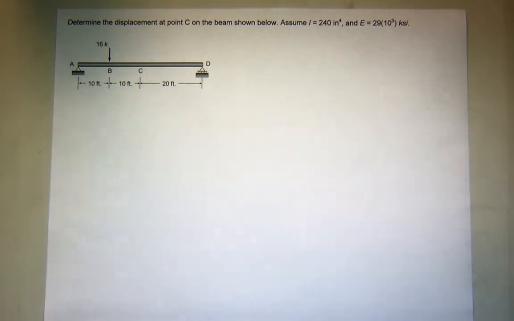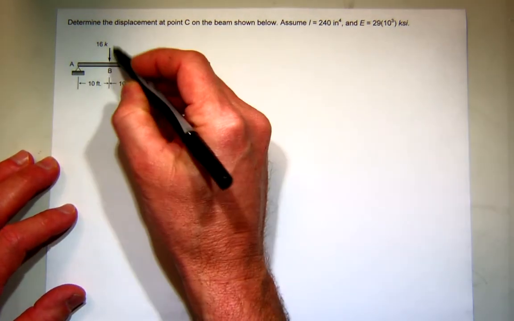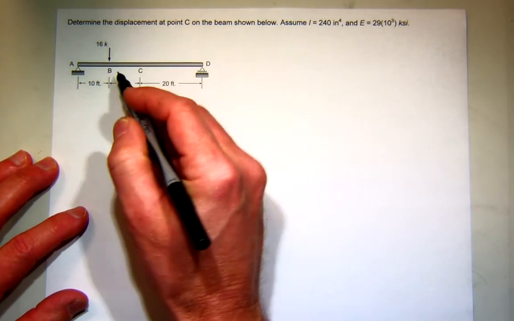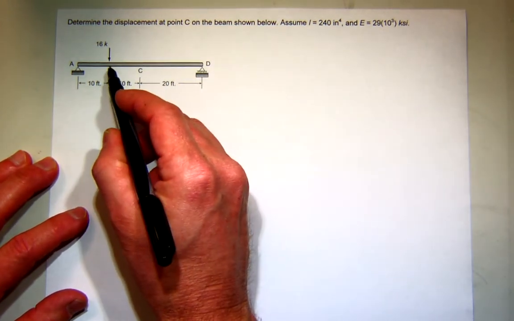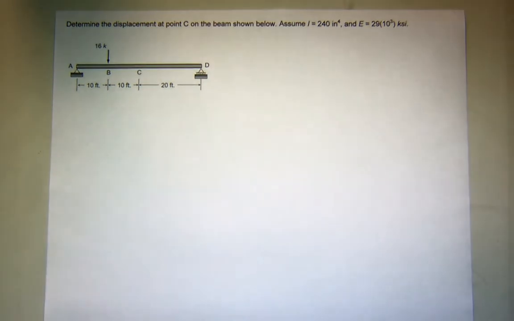What are we going to need to find? Can we write a single moment equation for the whole structure? No. So we're going to have to write an equation that's valid from A to B, and then once we pass the concentrated force, we can write a second equation that's valid from B to D. Okay? I'm going to save a little time here, and I'm going to go ahead and